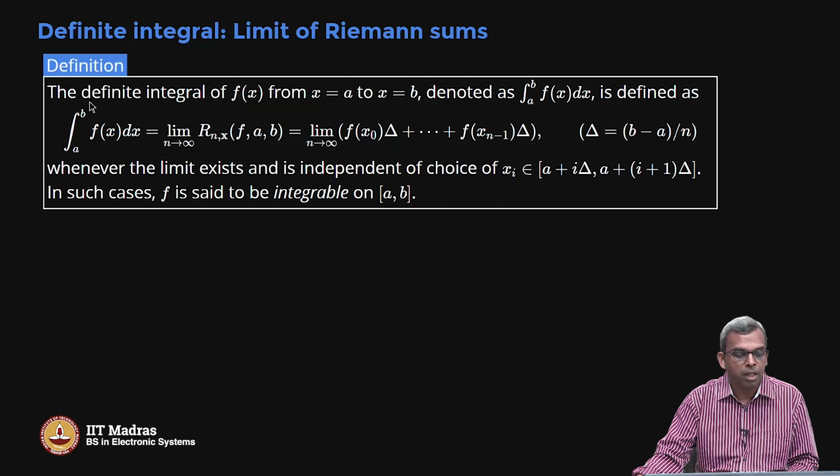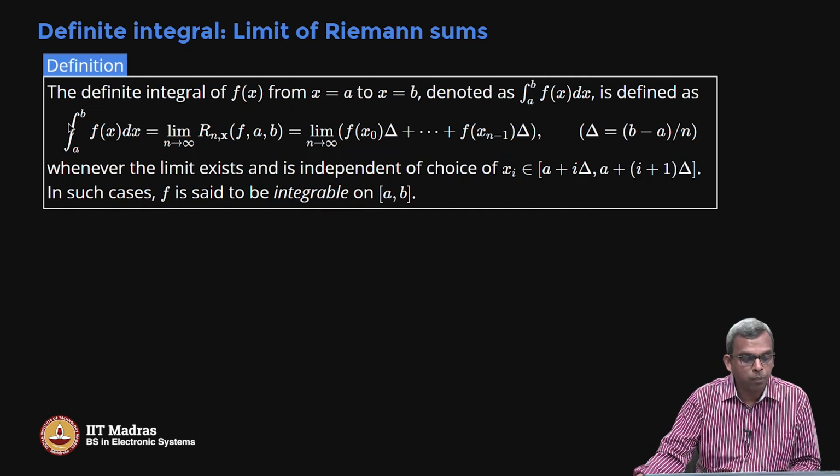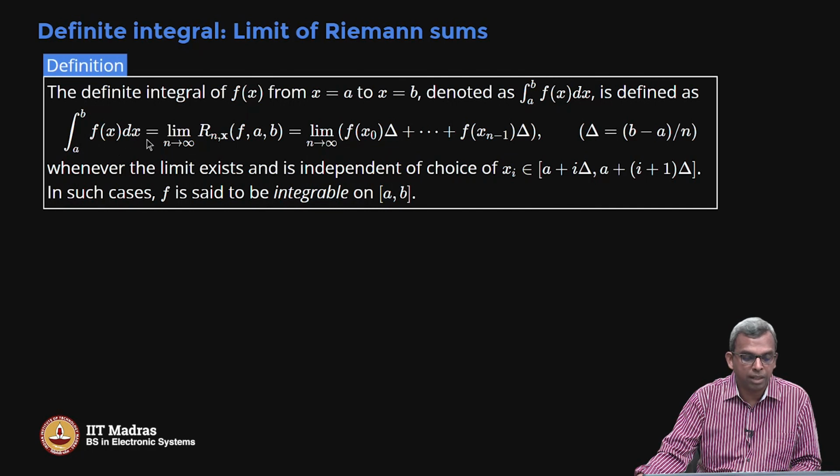Riemann sums. Okay, so the definite integral of a function f of x from x equals a to x equals b is denoted by this notation. This sort of elongated s is called an integral. So you read it as integral a to b f of x dx. Okay, integral a to b f of x dx. How do you define it? Integral a to b f of x dx is defined as the limit as n tends to infinity of the